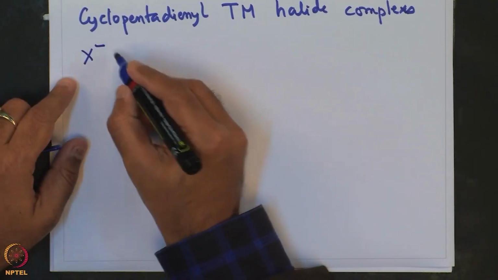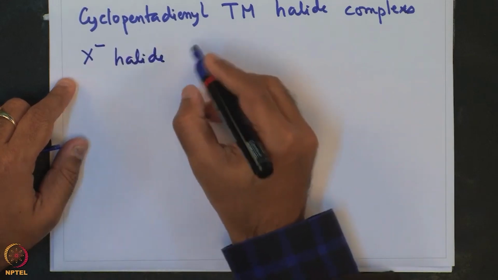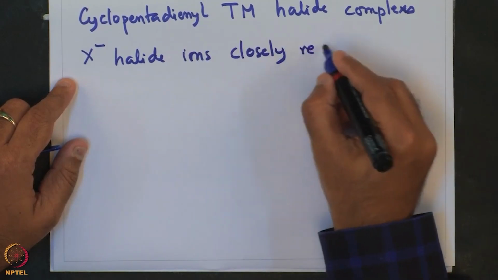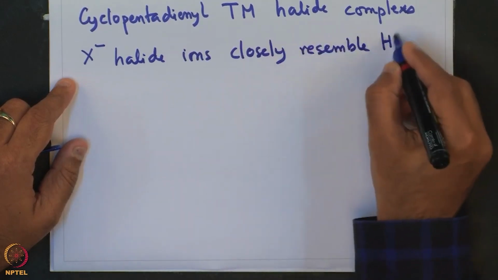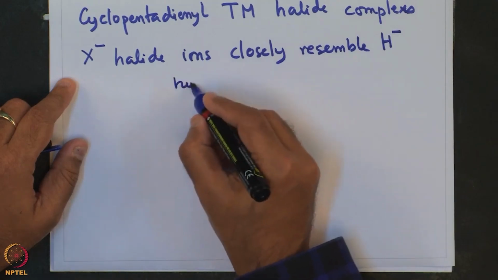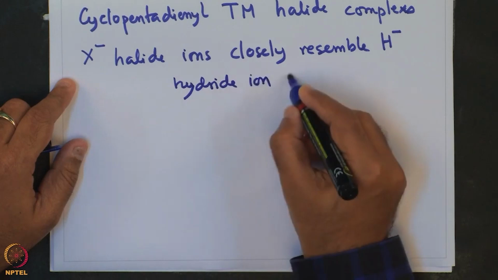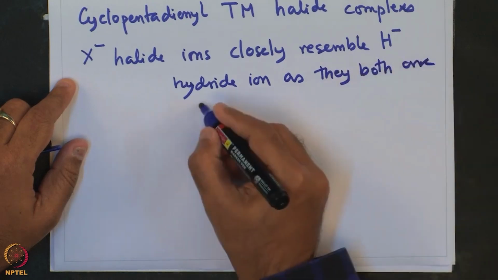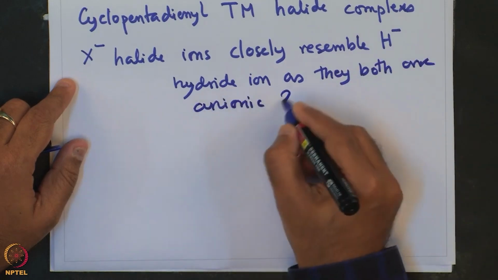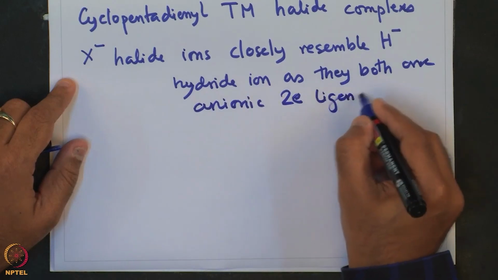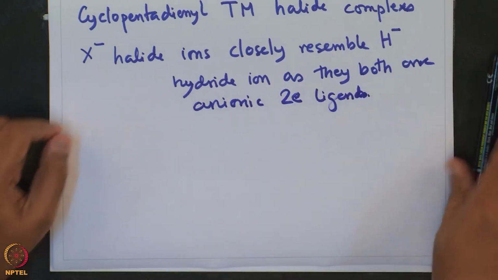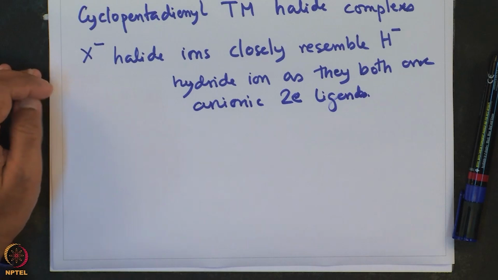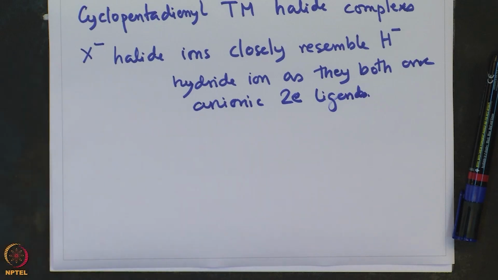X minus halide ions closely resemble H minus hydride ion as they both are anionic 2 electron ligands. Now, unlike the transition metal cyclopentadienyl hydride complexes, halide complexes are however more common, and a large variety